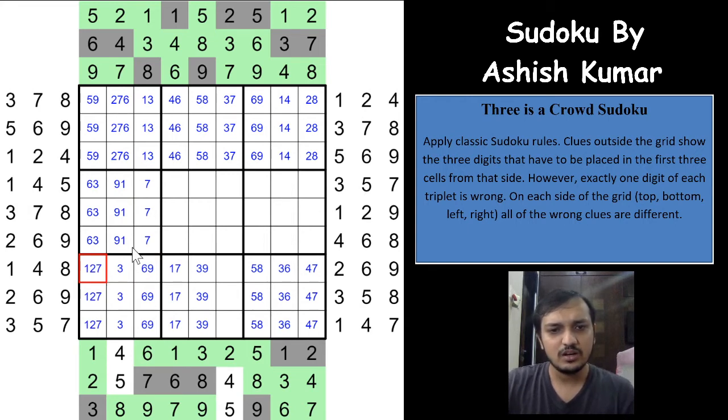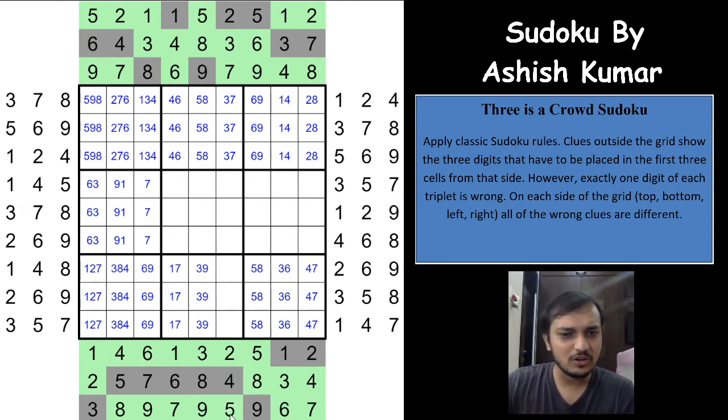Same way, 8 has to be in one of these 3 cells, right? Which means that 8 cannot be here, 8 cannot be here as well, because 8 is marked as wrong, which means 8 has to be here, and the digit remaining in that box is 4, which has to be here. Now if you see, 4 cannot be here, right, because of the 4 being here, and already 3 digits are locked here, which means 4 has to be here, which means that the 5 is wrong. Superb, right? Which means the 5 is wrong and the 4 is correct, and here 4 has to be wrong and 5 is correct.